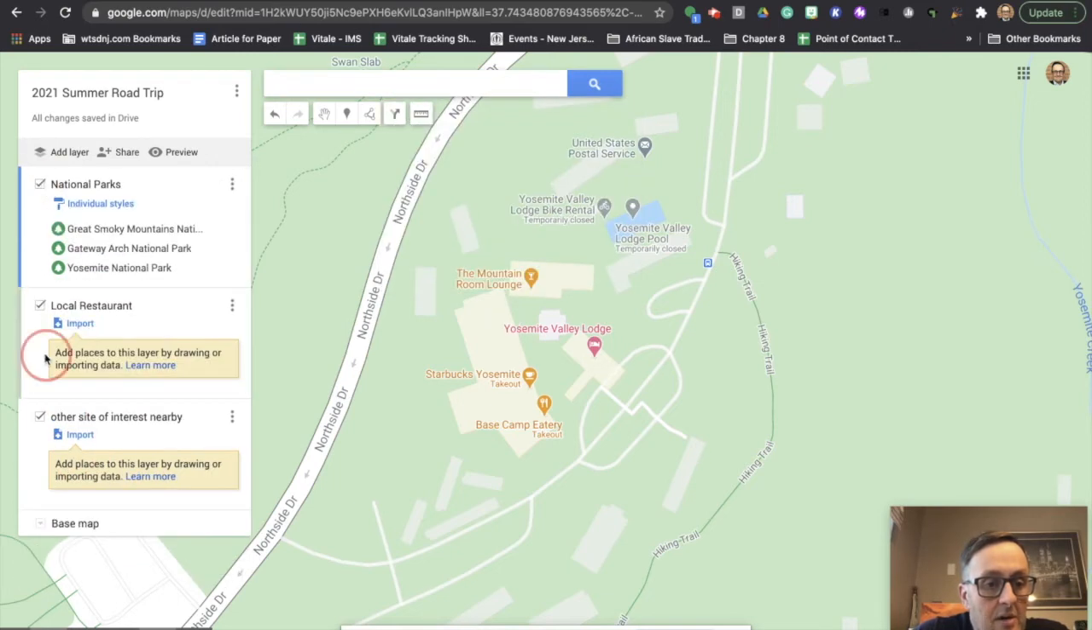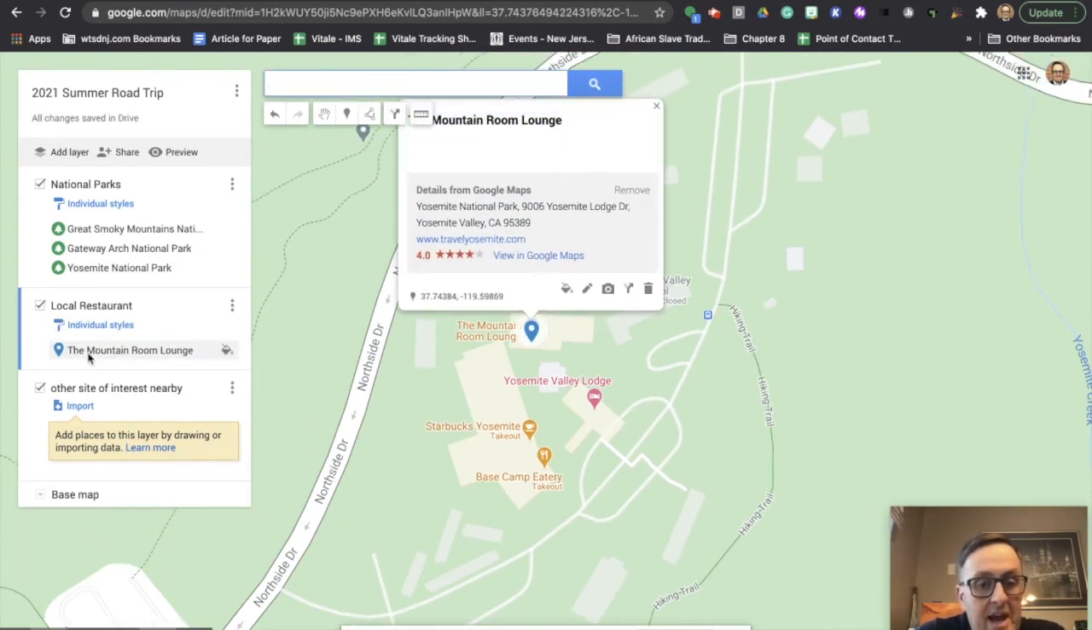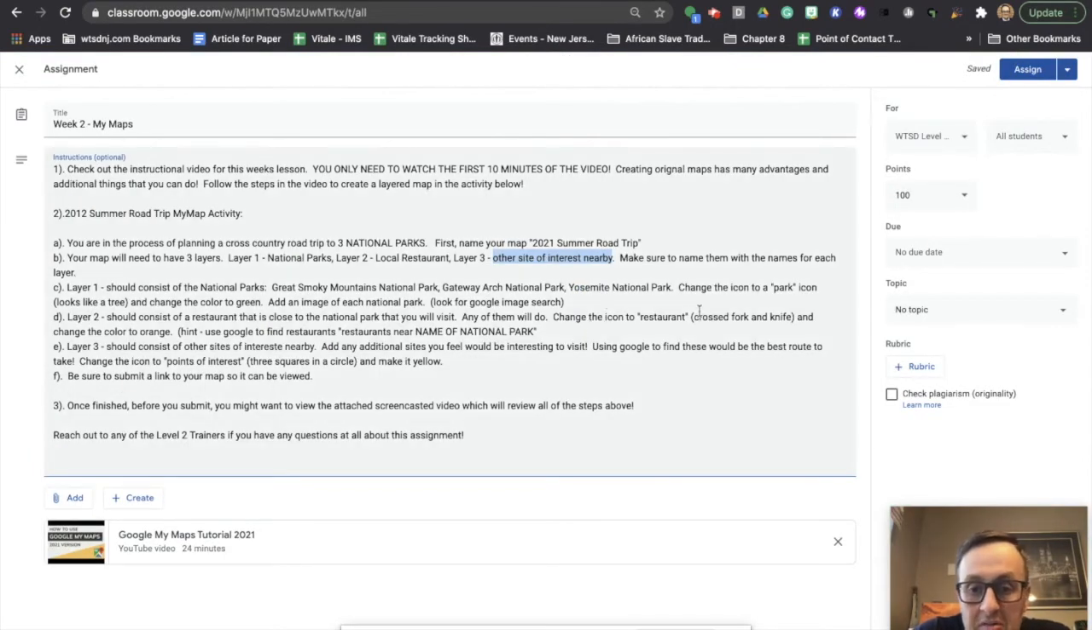So I'm just going to very quickly add this to here. I'm going to click off of this and go to local restaurant, the Mountain Room and Lodge. I'm going to click add to map. You'll see it's going to add it over here. The directions tell me that I should be looking for the restaurant, crossed fork and knife, and change the color